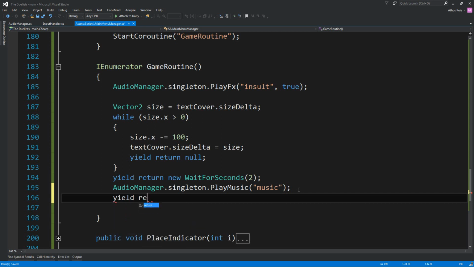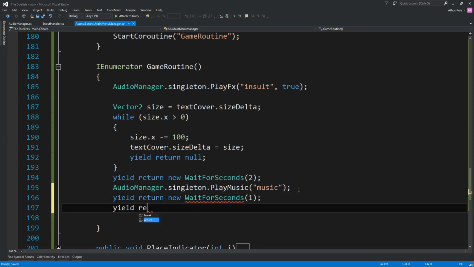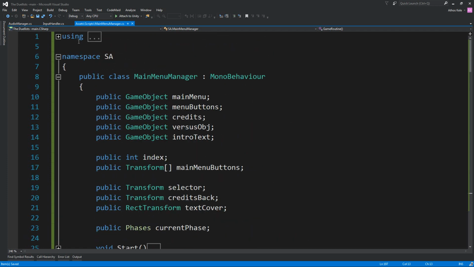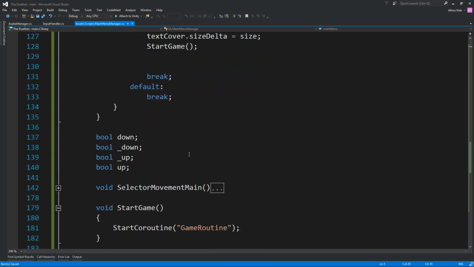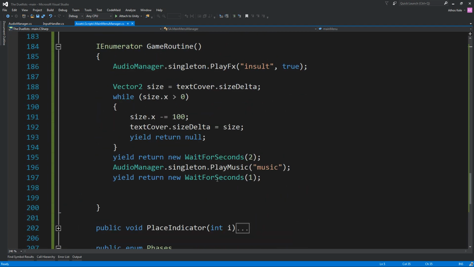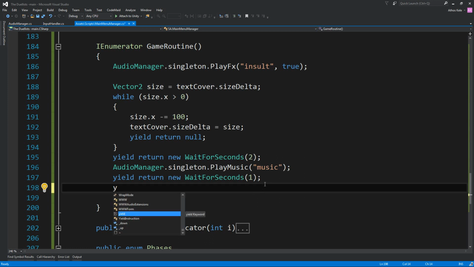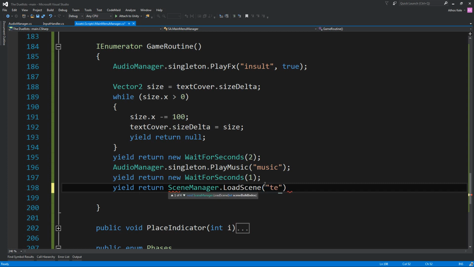Then here return new. Let's just wait for 1 second, and then here return. Actually, we need the scene manager. Using UnityEngine.SceneManagement, then yield return scene manager dot load scene. Actually, let's load scene async,